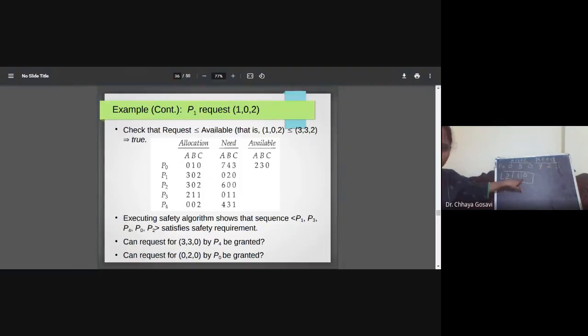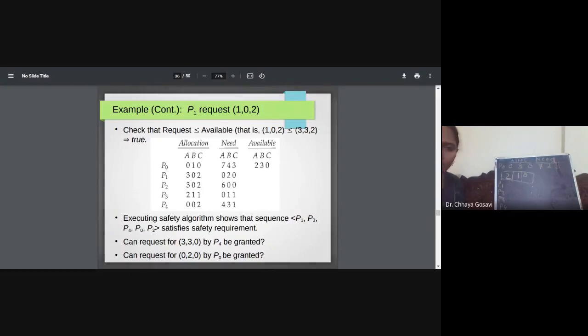You cannot grant because you need one resource of type C and you have 0 resources of type C. So you cannot grant request of P3 also. So you go for P4. Requirement is 431 and available is 210. So you cannot grant request of P4 also.